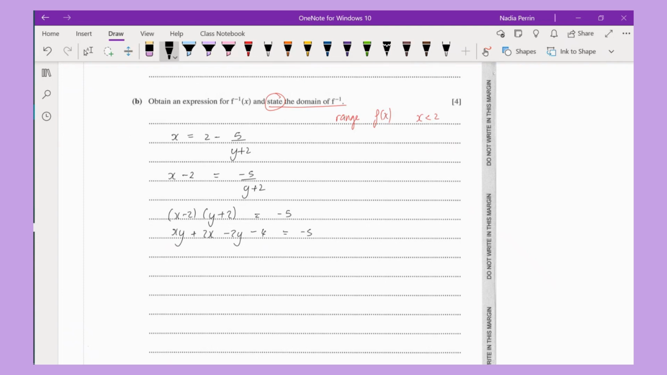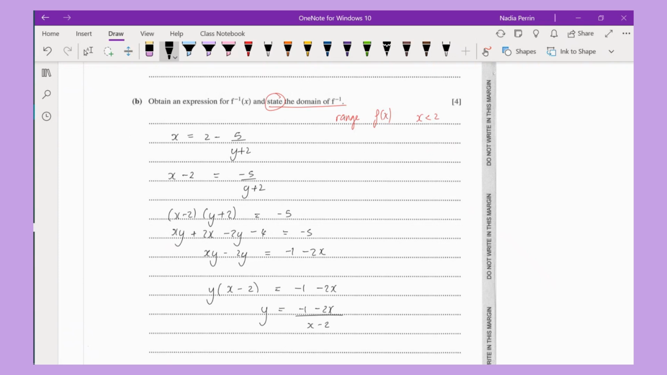And then your aim is just to put all the y's on one side and anything else on the other side. So on this side, we just have xy minus 2y. On this side, we have -5 plus 4, so -1. And then we're retracting the 2x over, making... factorizing y out. And y would equal,